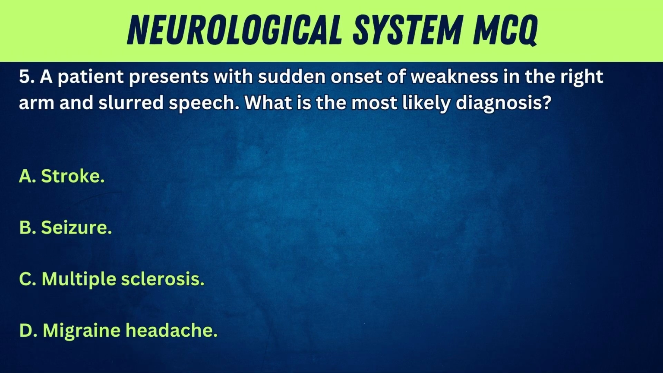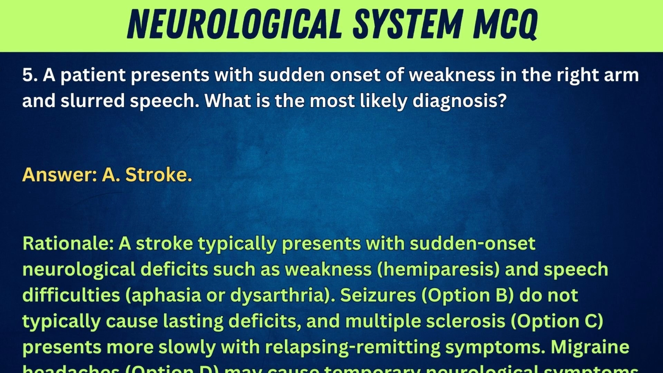5. A patient presents with sudden onset of weakness in the right arm and slurred speech. What is the most likely diagnosis? A. Stroke. B. Seizure. C. Multiple sclerosis. D. Migraine headache. Answer: A. Stroke. Rationale: A stroke typically presents with sudden onset neurological deficits such as weakness, hemiparesis, and speech difficulties,